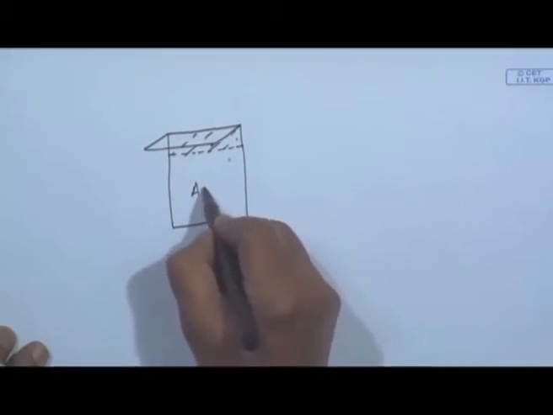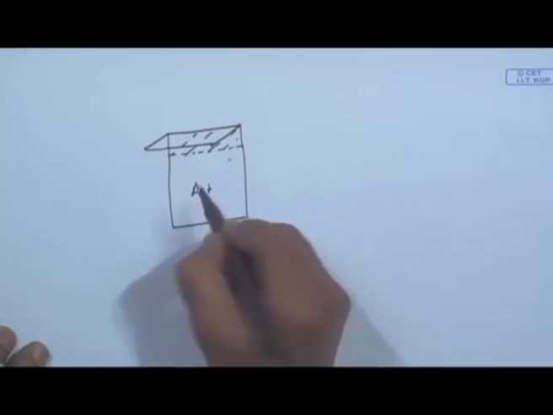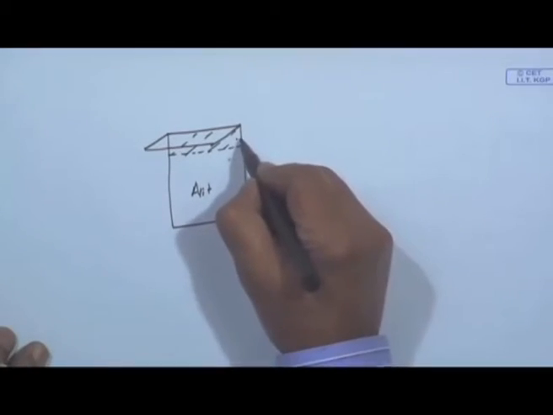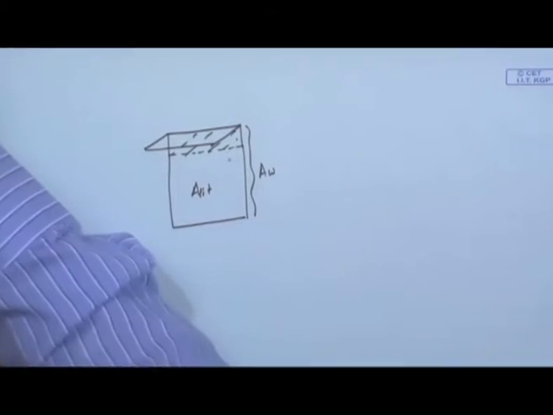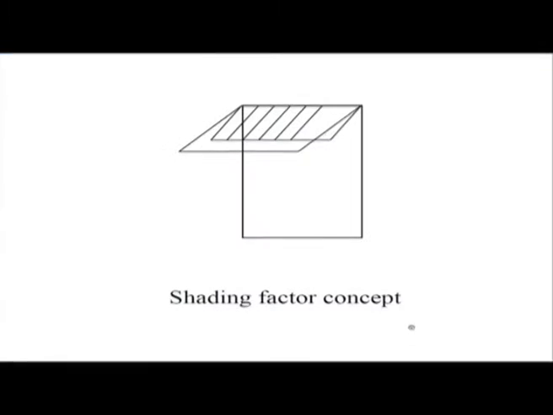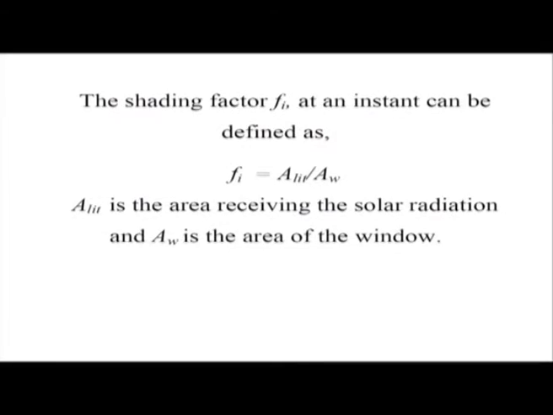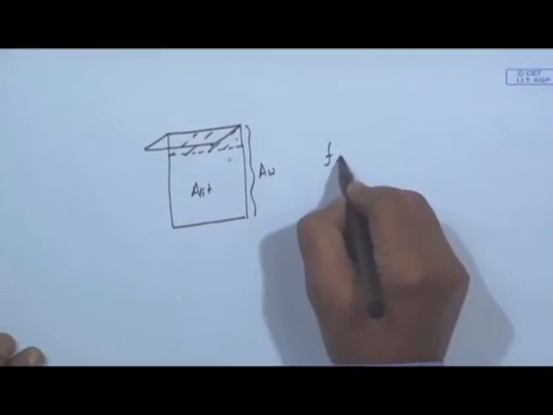There will be a lit part, that means where the solar radiation falls, and the total area of the window is AW. So, we define the shading factor concept, that is, Fi at any instant is